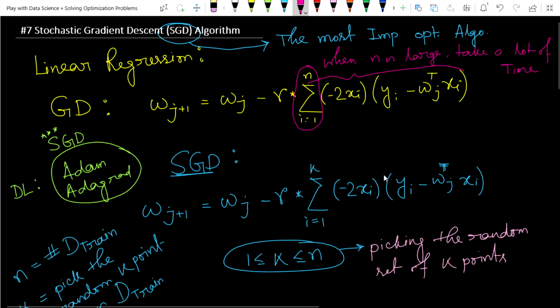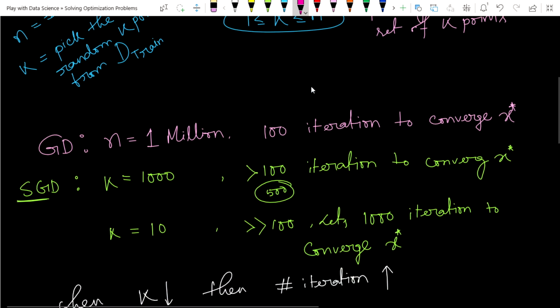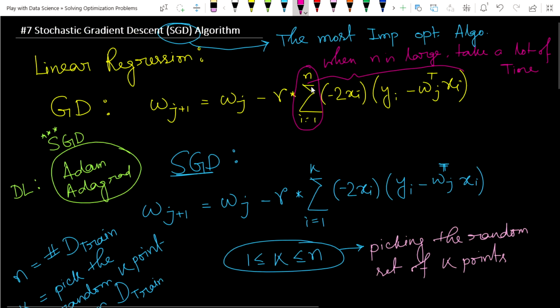So simple, it is an extension of gradient descent. Here it is called stochastic, meaning here we are using randomness. Here we are not using the whole data set. We are simply picking a random number of points from the data set for each iteration. So I think this is the most important optimization technique. It is an iterative optimization technique, and it is the primary, most important optimization technique in the whole of machine learning.